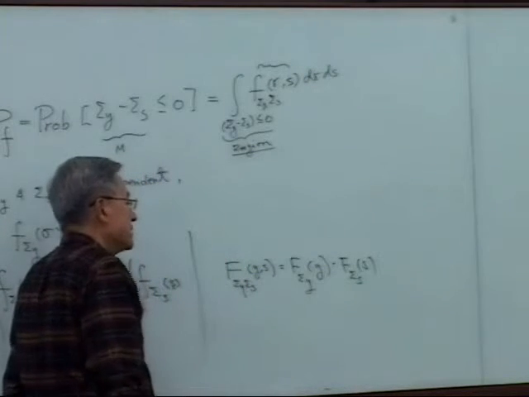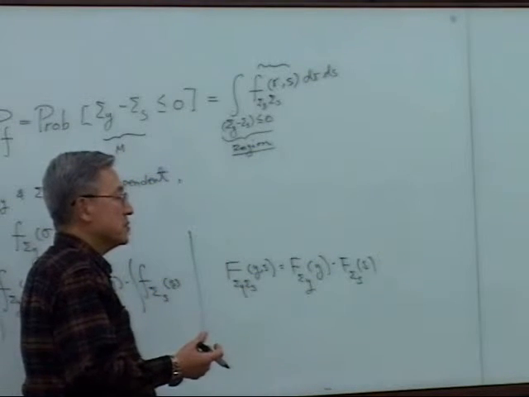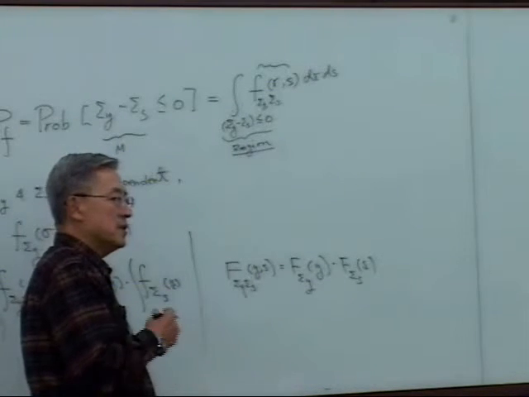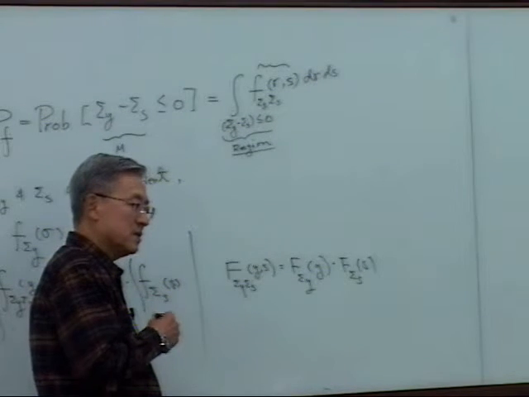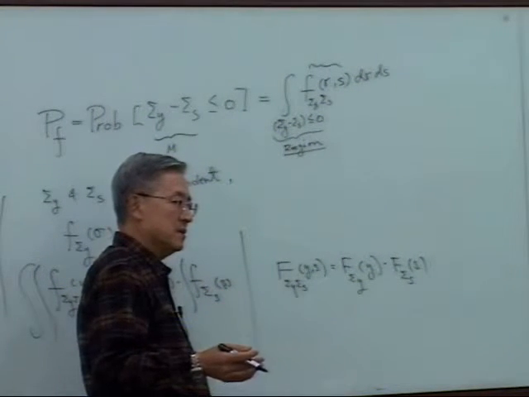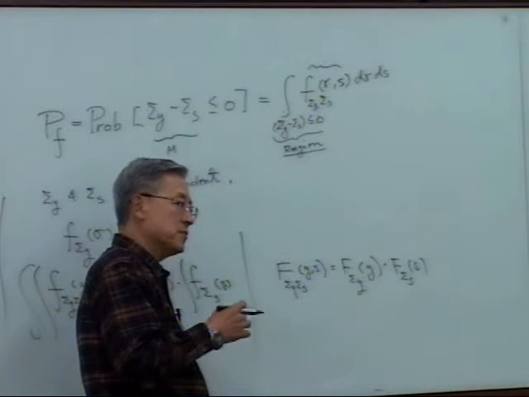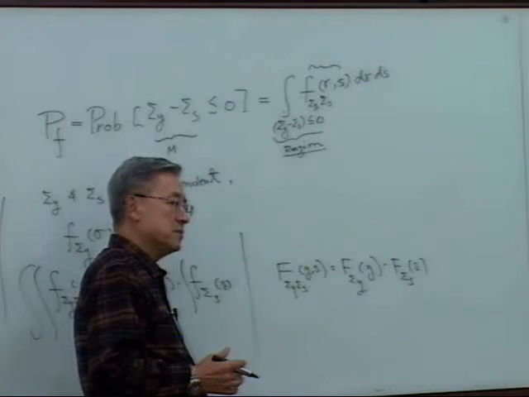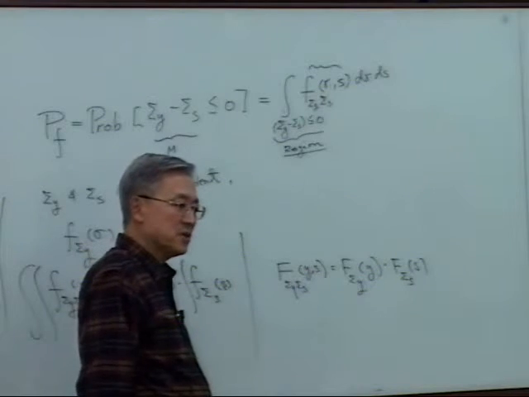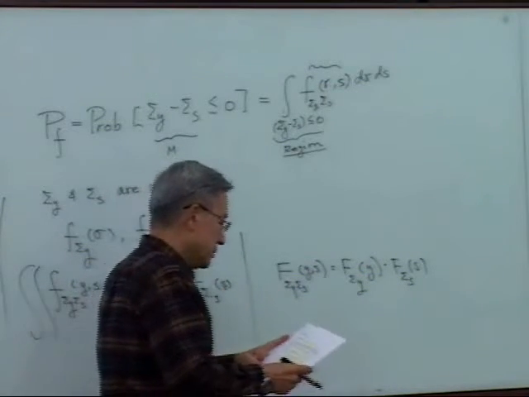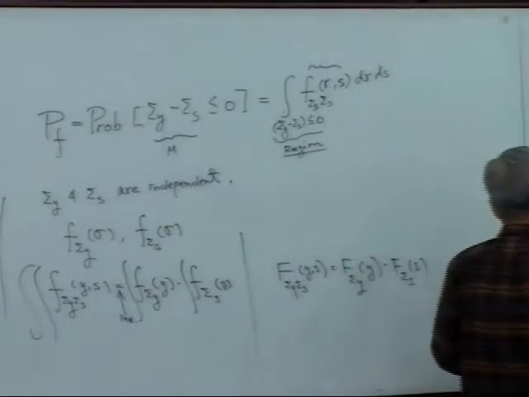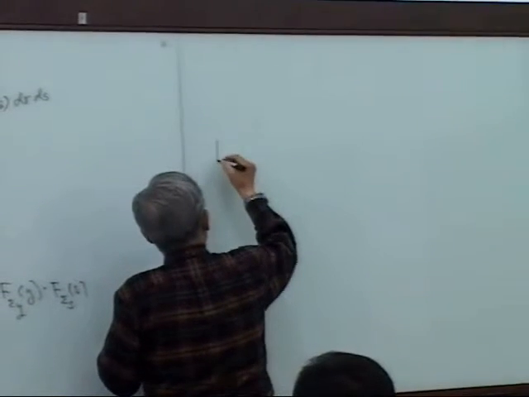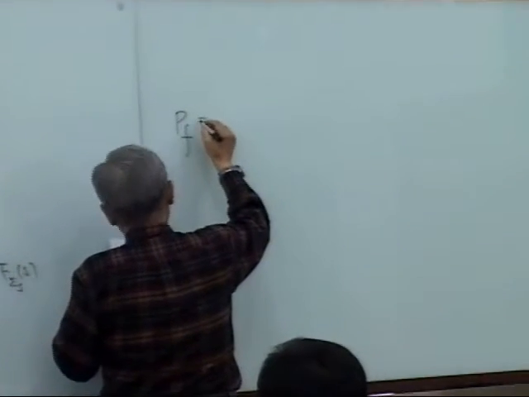So don't feel this way: that the first order reliability method is the only one to solve the reliability problem. No, there are tons out there. But this first order is about the beginning, and it can solve a lot of different classes of problems. You don't have to bring the optimization techniques into it, but you can solve it as is. So here, that's the continuation of that probability of the failure